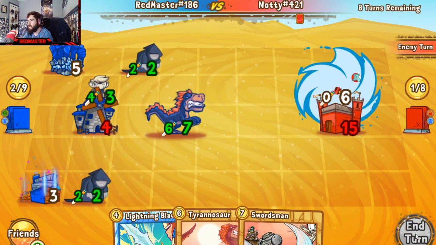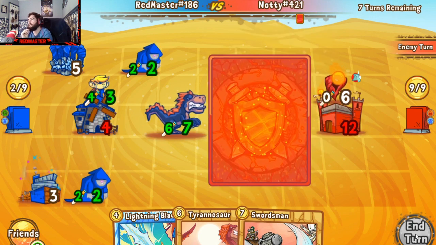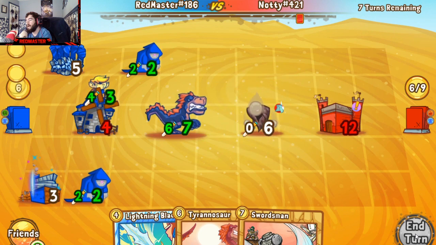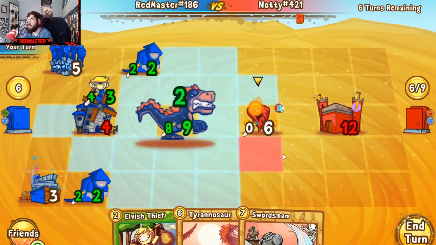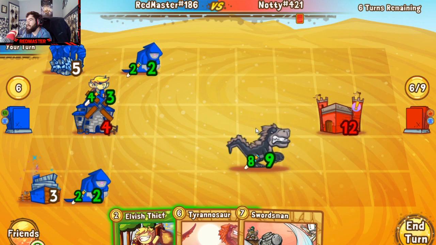Not going to charge in the T-Rex for obvious reasons. In a cycle like this, we can force him to either advance the Primordial Flame or keep him back to hurt himself, considering we do have the advantage with the T-Rex. And yeah, we're going to force him to do that. I think I should be able to just Lightning Blade him into oblivion here, right? Oh, Jesus, that was not...